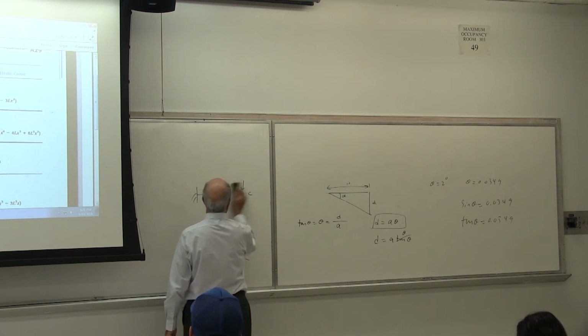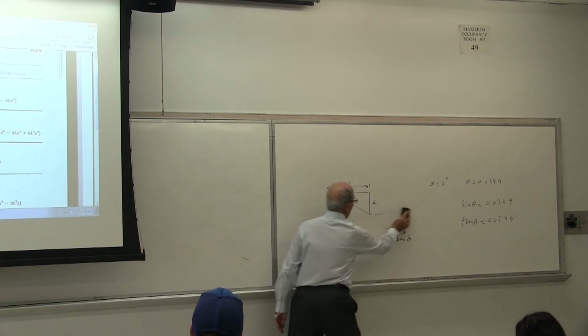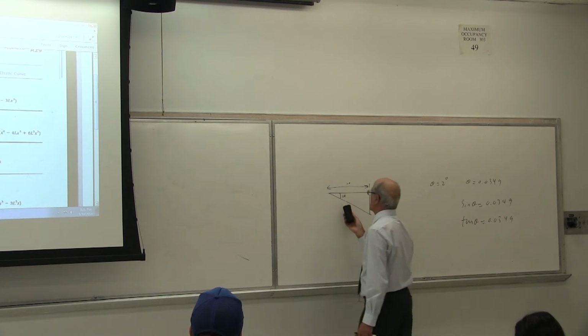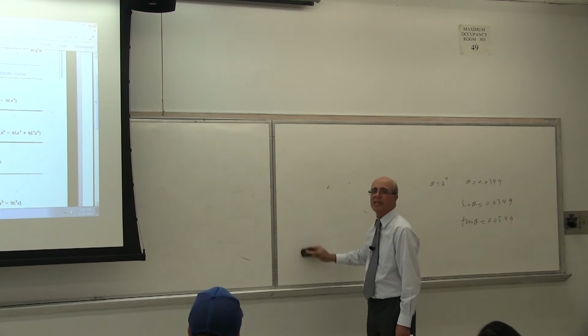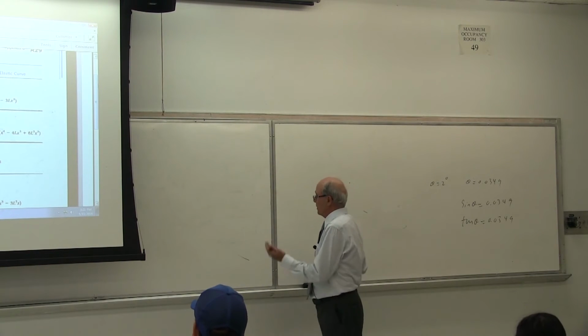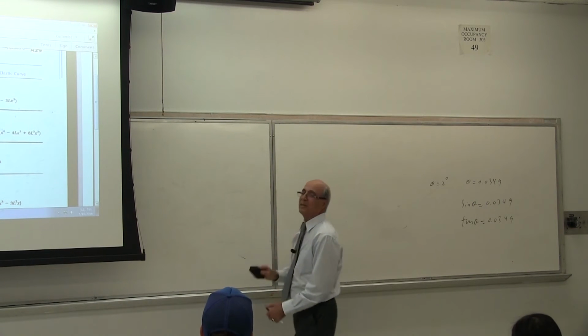I cannot spend any more time on this one. I don't know why you are sort of quiet. This is just geometry. Tangent of theta equals d over a. Calculate the d. Is that correct or not? So that is so simple, maybe you are surprised. I don't know, whatever. Is that correct?